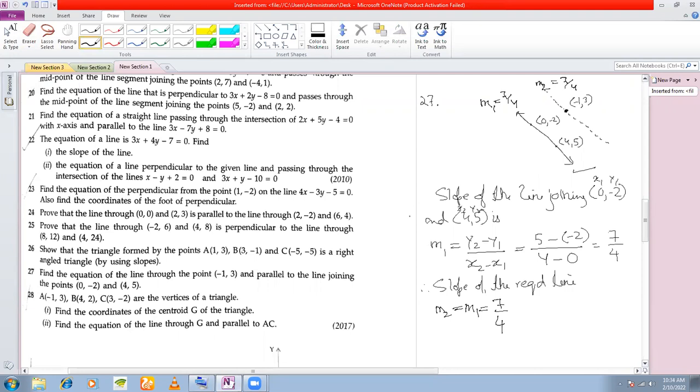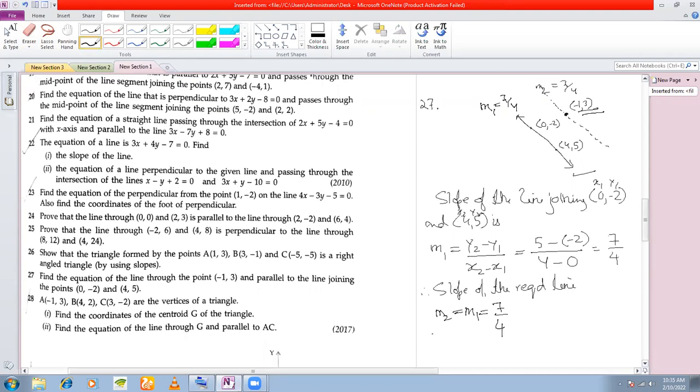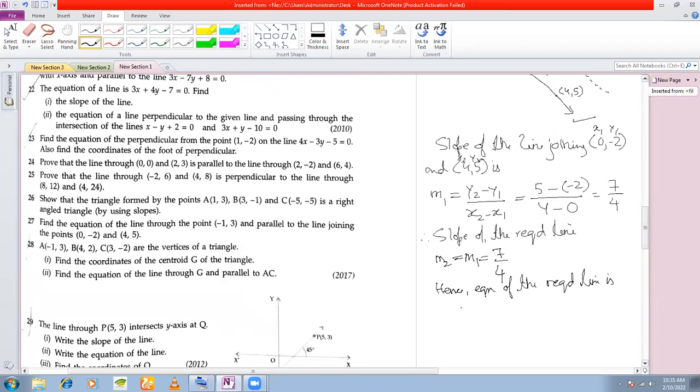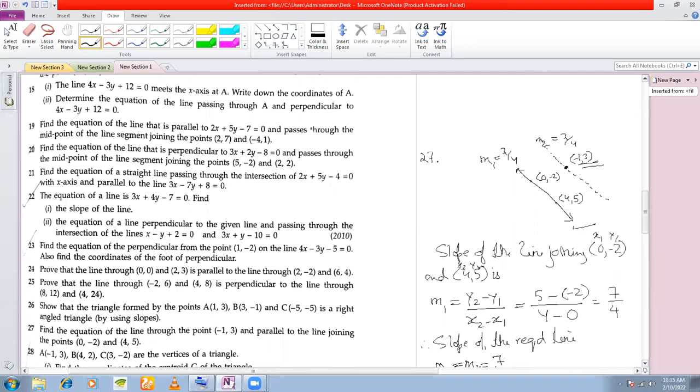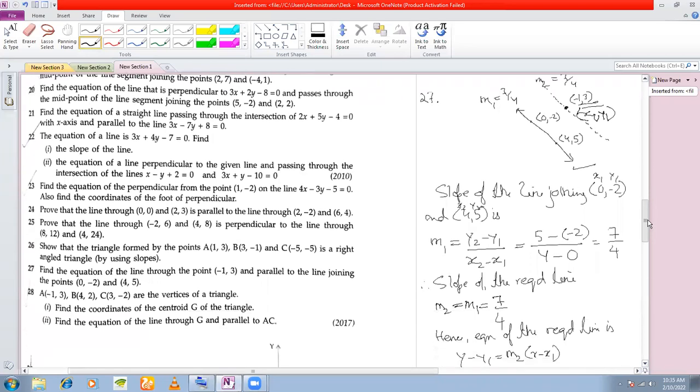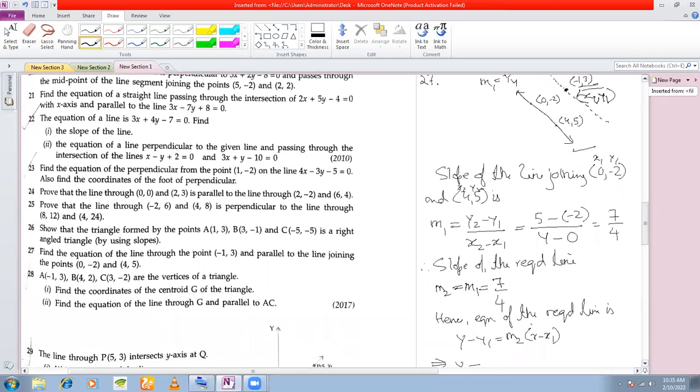So now what should be the equation of this line? You know the slope of this line m2, and you know a point on this line also. So therefore you can find this out by point slope form. Hence, equation of the required line is y minus y1 is equal to m2 times x minus x1, right? So y minus, and what is x1 y1 in this case? In this case, x1 y1 is this point, right? x1 y1. So x1 is -1, y1 is